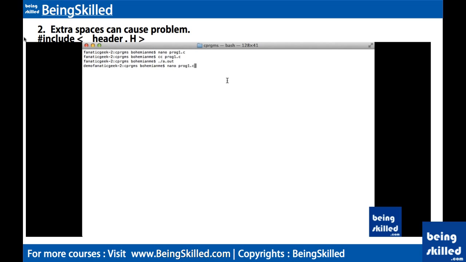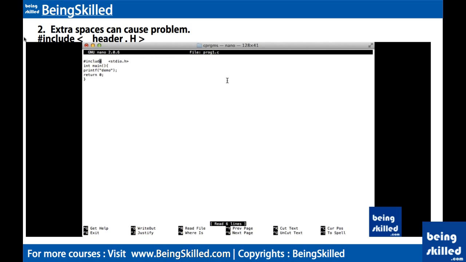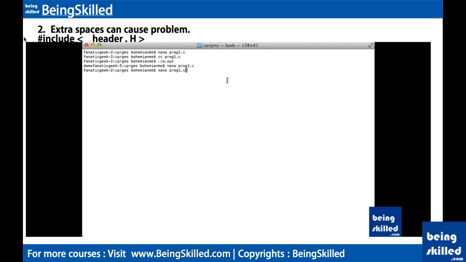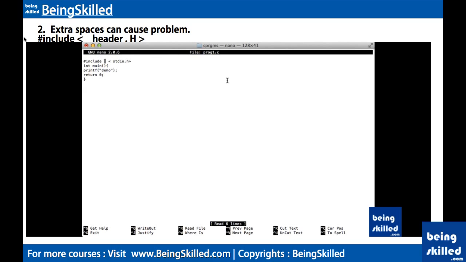Now we are going back again to the editor, and we are including some mistake, which is adding more spaces between the less than sign and the file's name, and we are compiling this again, but this time it shows error